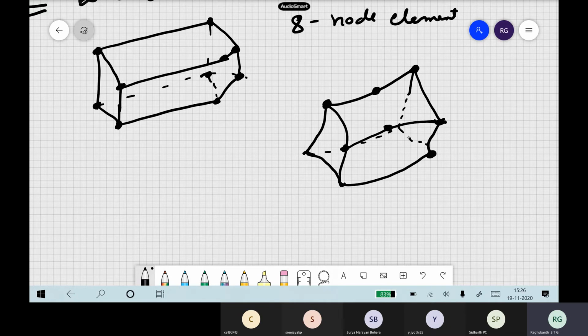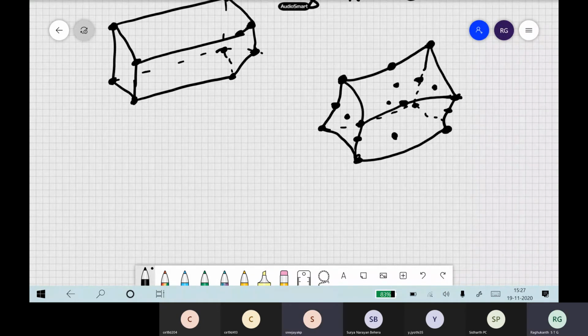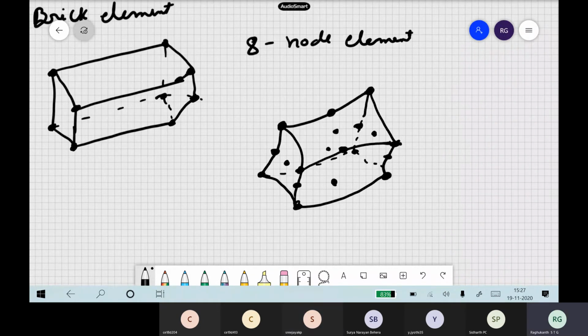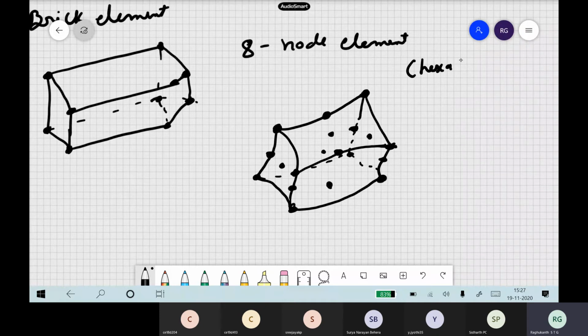So this has how many nodes? And you also put here, you followed, right? This side, then this side also, and even in the center you put one node, then how many points will be there? So total how many nodes will be there finally if you put all the curved ones? Here also 1, then here also, you followed, right? 1, then here also how many? 27. Total it will be 27 nodes. So this is the one which they call hexahedra and others.